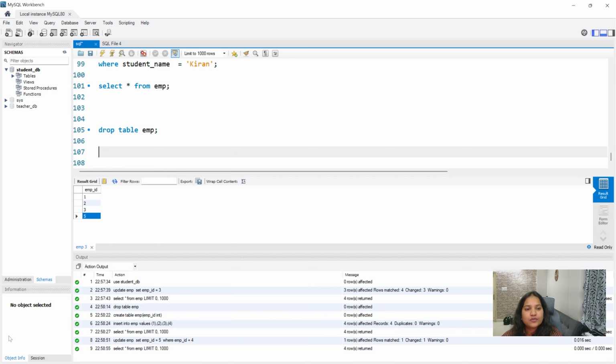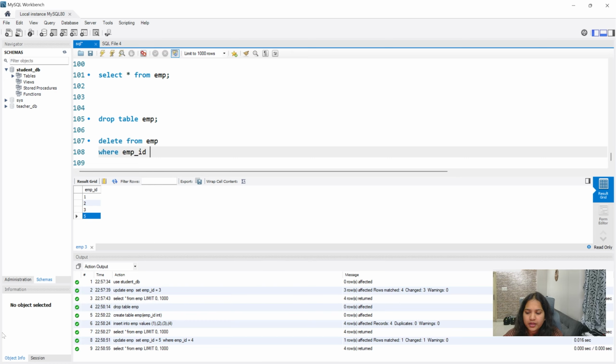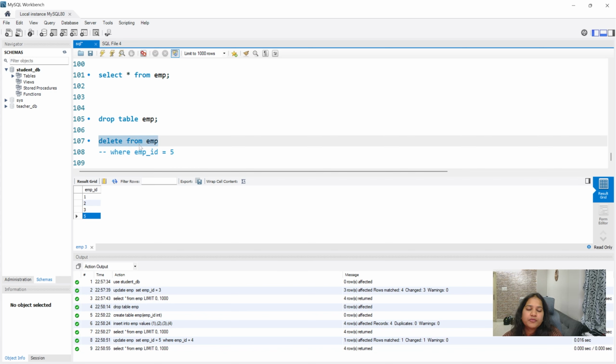So now we will use the delete command. So delete is again a very important one, which is delete from EMP where EMP_ID equal to 5. So now if I don't use where condition, what will happen? It will delete all the records from the EMP table. So if you remember when we talked about truncate, it is exactly the same as delete without where condition.